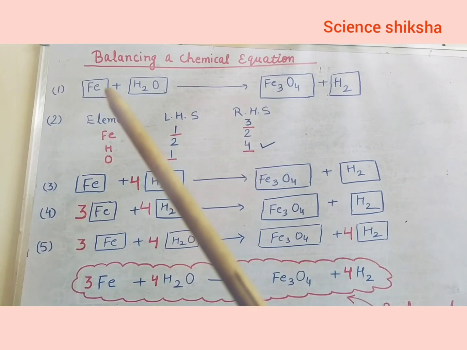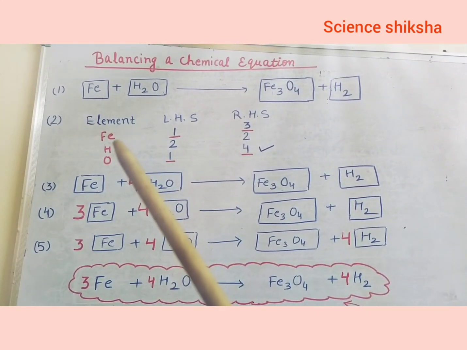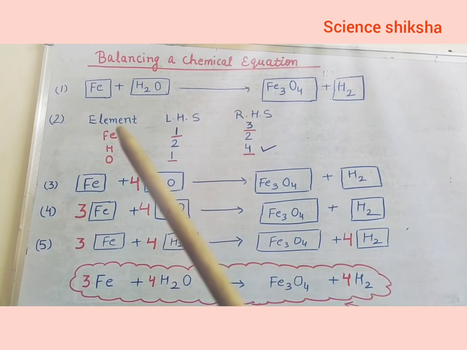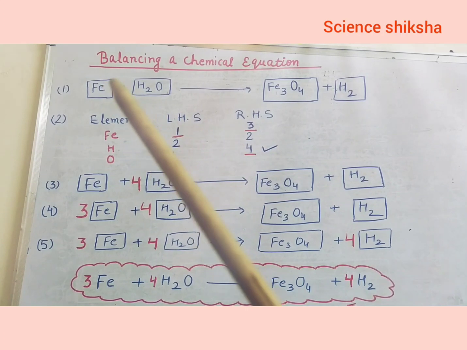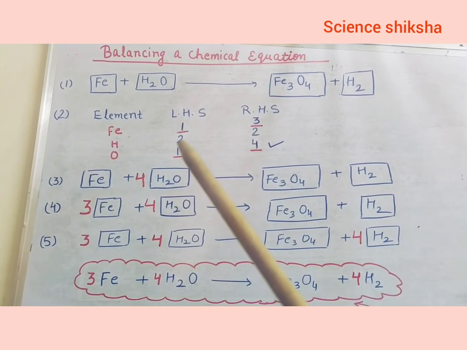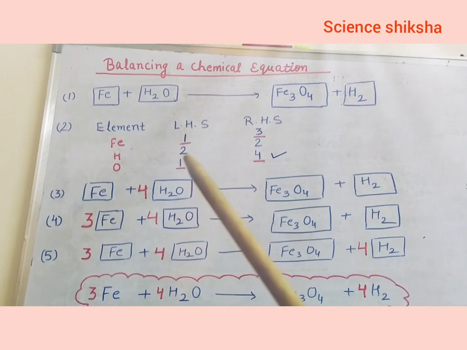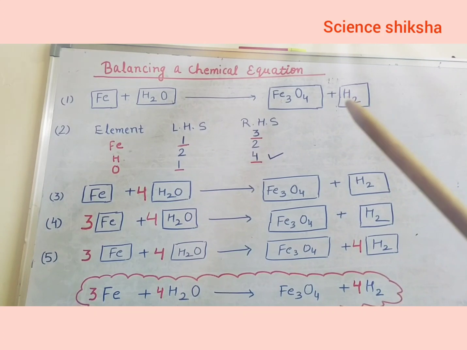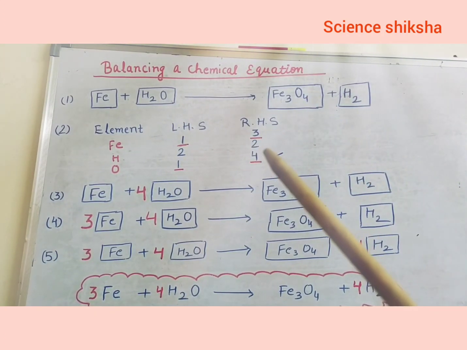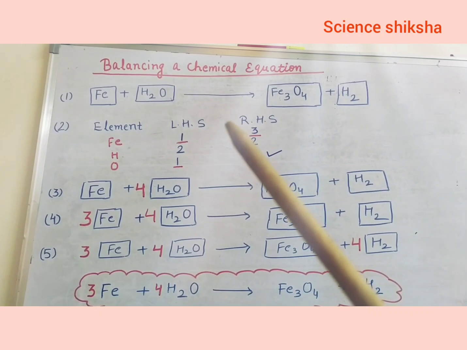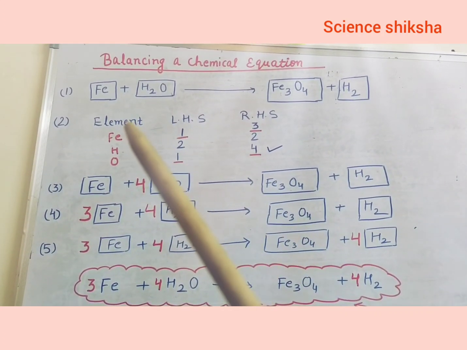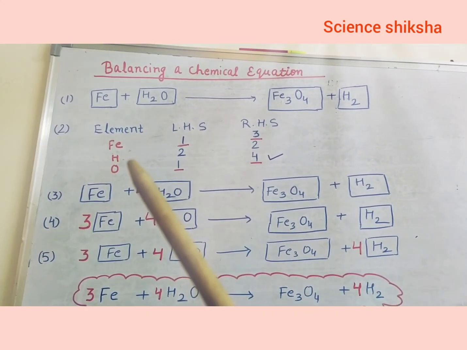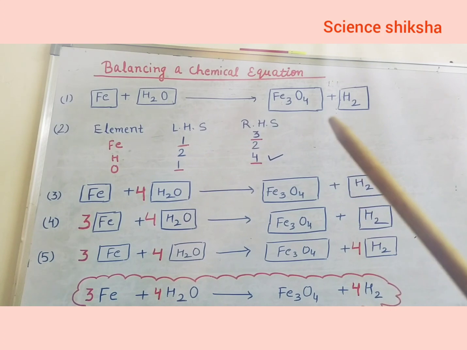Here, the elements are iron, hydrogen, oxygen, and the number of atoms of iron is 1, hydrogen is 2, oxygen is 1, and on the right hand side iron is 3, hydrogen is 2, and oxygen is 4. Now this chemical equation is unbalanced because the number of atoms of iron and oxygen are unbalanced. So to balance this equation,